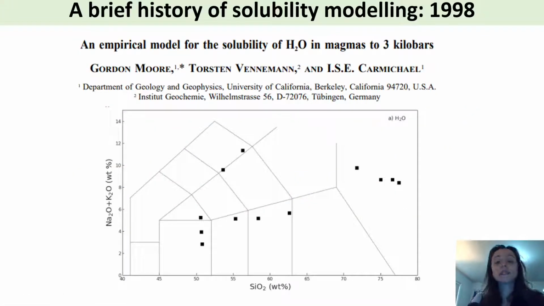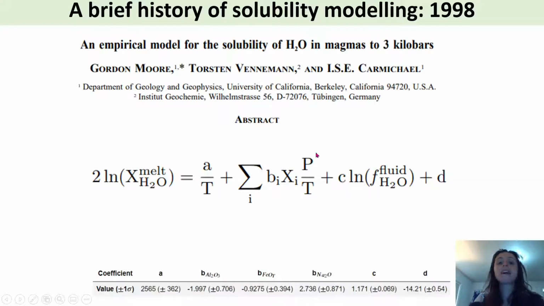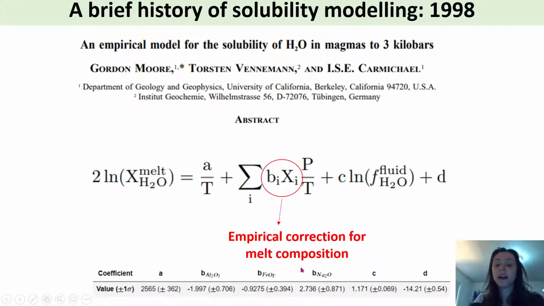Okay, Moore comes along in 1998 and measures a wider range of silica contents, and specifically was looking at water solubility up to 3 kilobars. And their model is relatively simple, has an A over T term, a term for the fugacity of the fluid and a constant. And then finally it has this summed term, and this is the term that accounts for melt